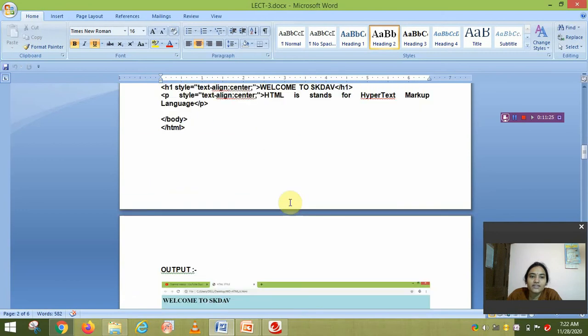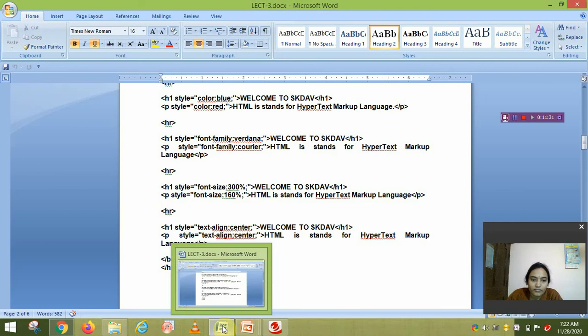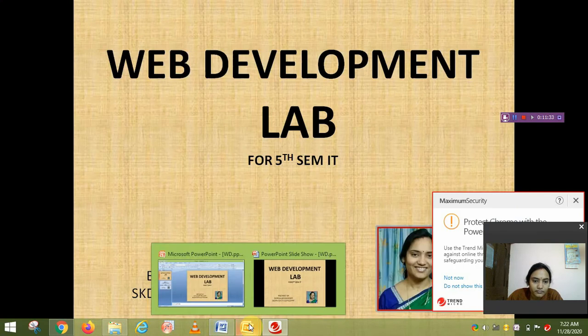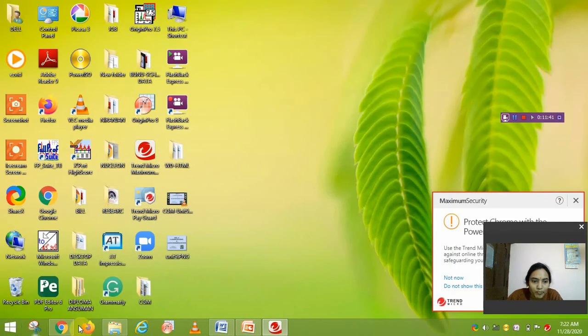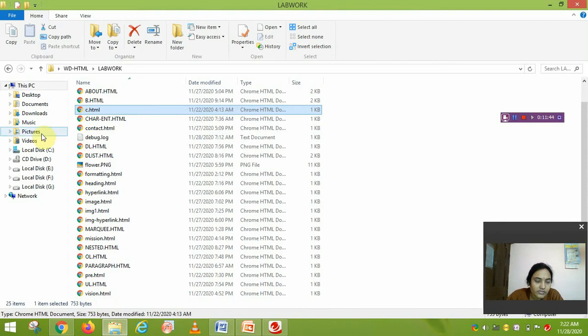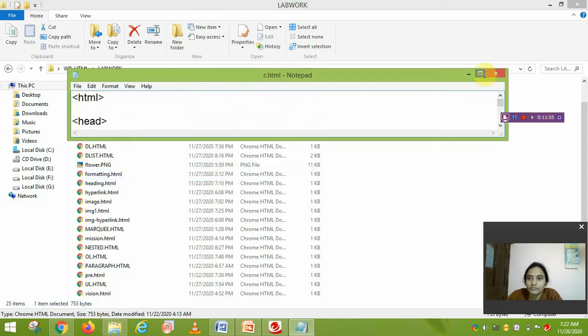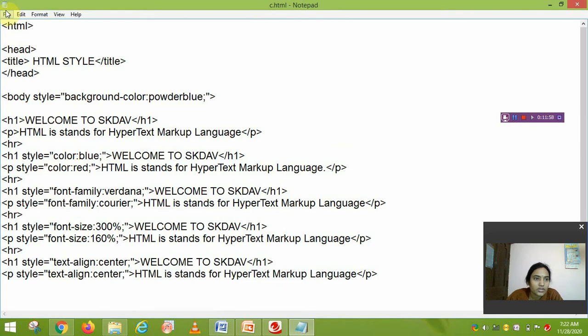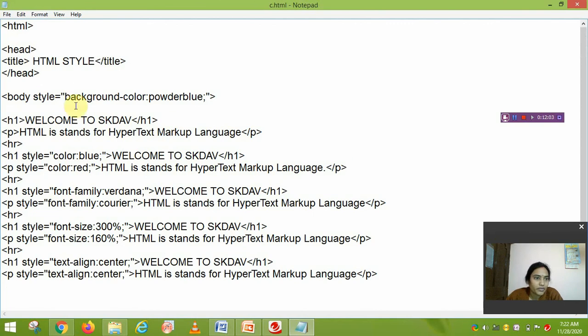So how does it look? Let us run these things. Okay, we write this program with Notepad. Okay, all these things, the same things, we write here in this Notepad page.